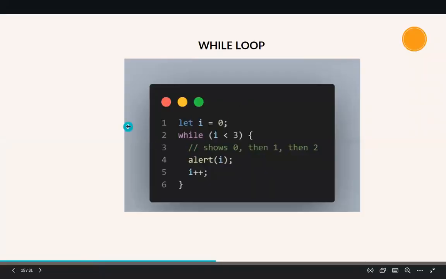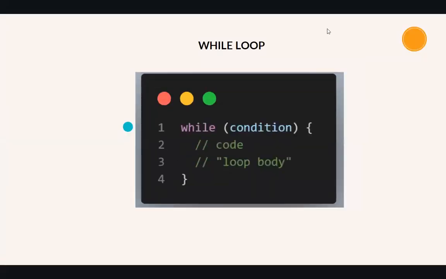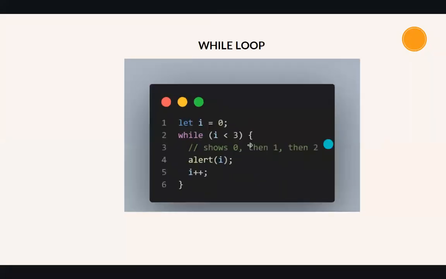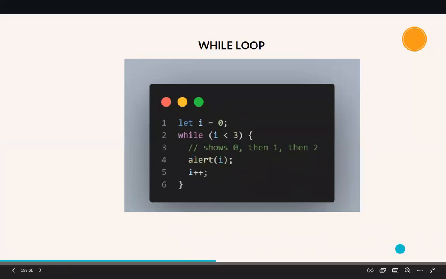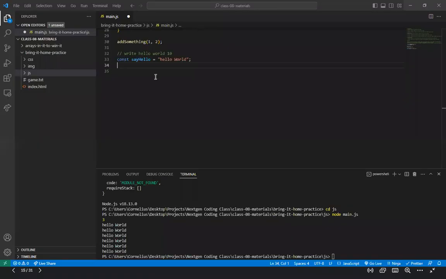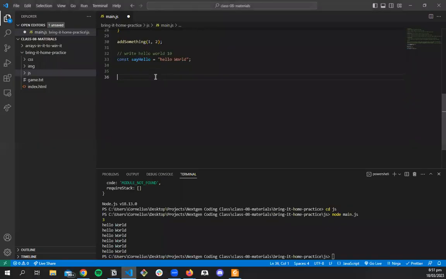So the first one we're talking about is the while loop, if we want to do something. The way we write a while loop is, first of all, we initialize the variable, then we have the condition, and then what we want to do. So if we put this into practice, in the same example, if we wanted to say hello world, our first thing would be to initialize the variable. So let's say i is equal to 1, and we can say, while i is less than maybe 5, then what we want to do is we want to